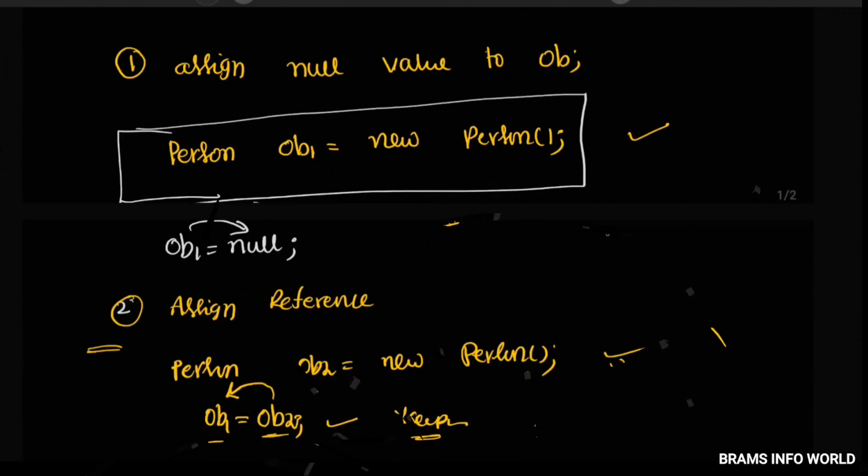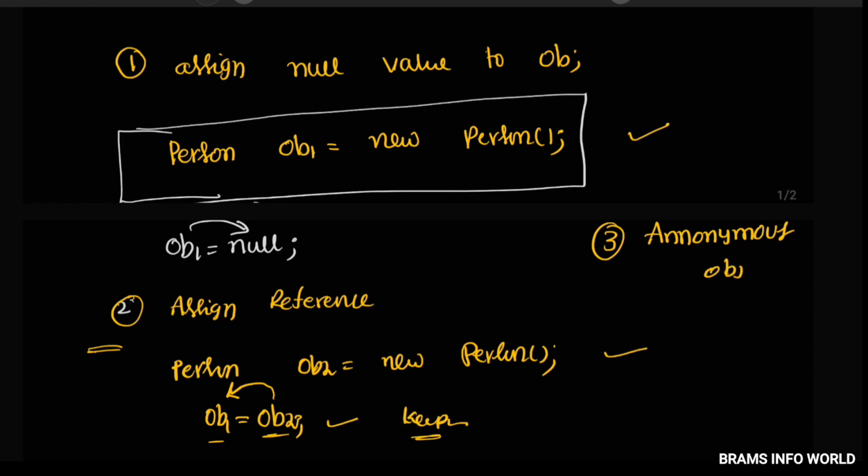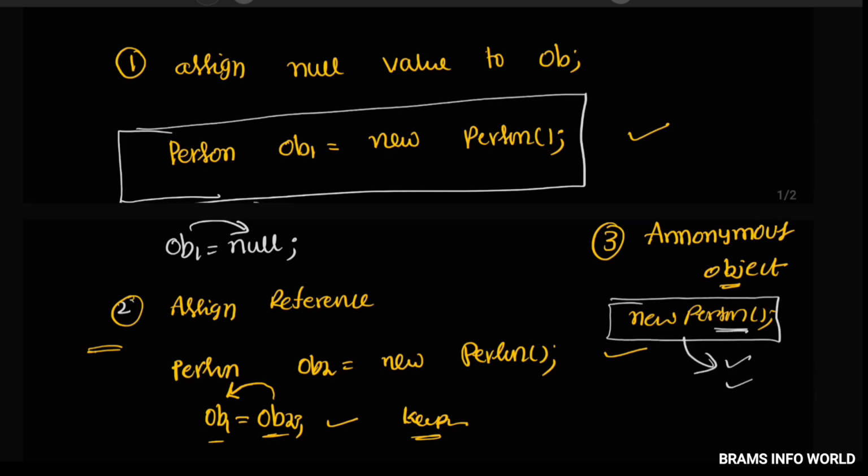That's it. One more way, and that is the anonymous object. So what is anonymous? Without any kind of variable, we can directly call an anonymous object. Anonymous object in the sense that we directly write new followed by Person. Can you find any kind of object here? There is no object. We are directly calling the constructor. So while calling the constructor, whatever data is there, the data will be used.